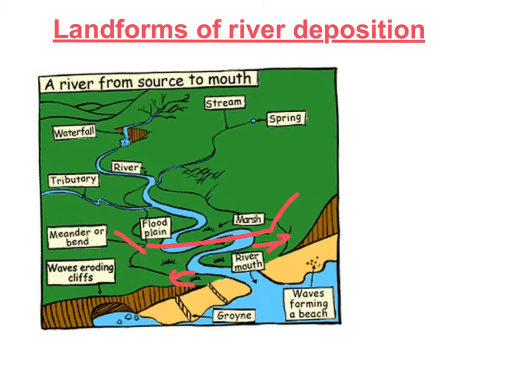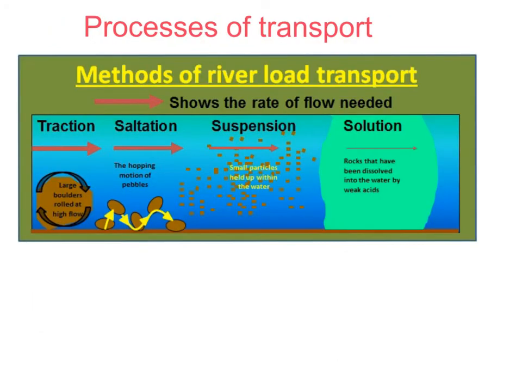But because in the lower course the river is losing its energy, it's depositing material. It's putting material down onto the land rather than taking it away in erosion. Before we look at the landforms of deposition, let's have a look at how the sediment is moved and remind